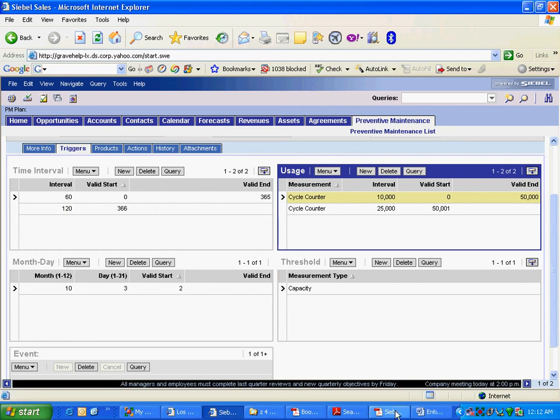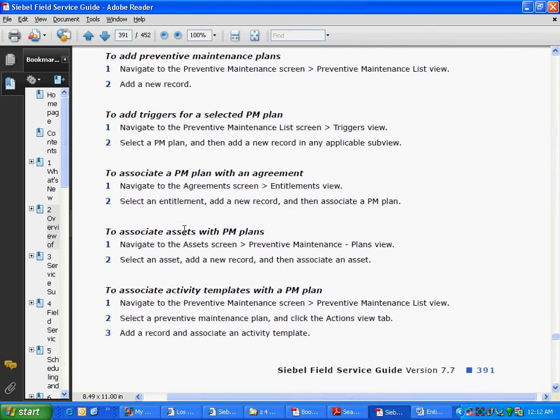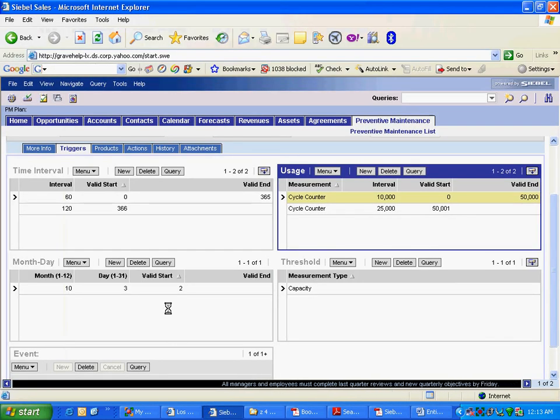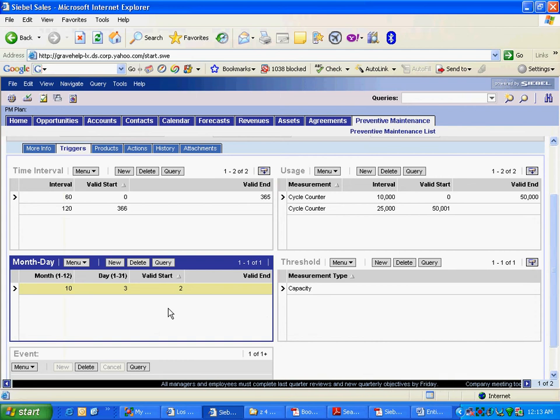Okay, let's then go to the bookshelf, to associate assets with the PM plan. You can associate an asset with the PM plan. I thought the PM plan is the umbrella thing. When you are at the asset, you click on this PM plan. No, for an asset you run the PM plan, right? Remember the flowchart? The request will be for the asset plan. So you run it for the asset, asset or agreement, but you will run it for only one asset.